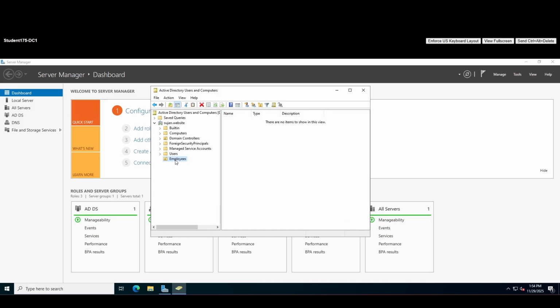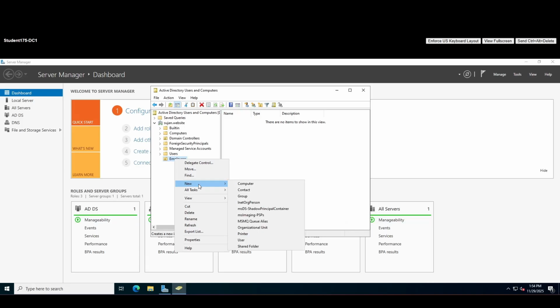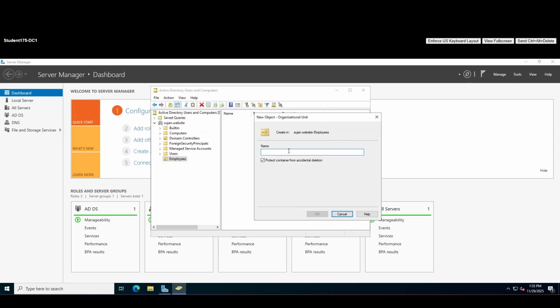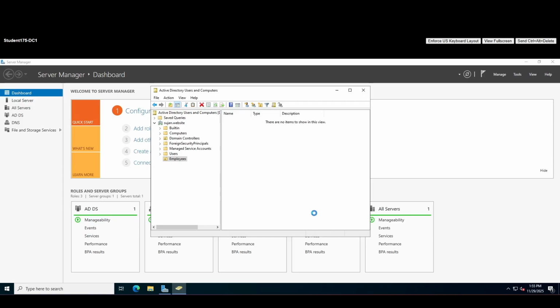Within the Employees folder, we also have departments. When we create these folders, it helps us keep things neat and clean, organizing things by department. So let's create another organizational unit inside. This is where we create our departments. Let's pretend the organization we're setting up has 3 departments for the simplicity of the video. Let's create IT department,